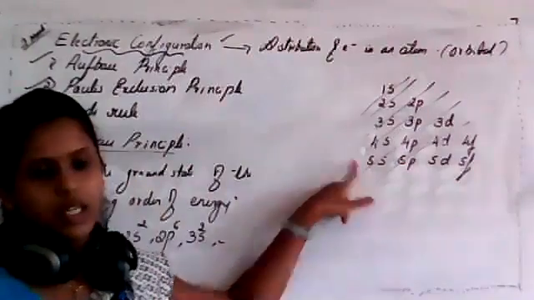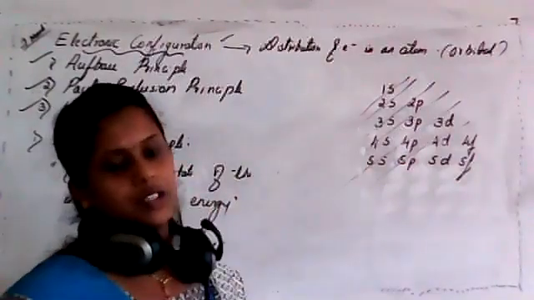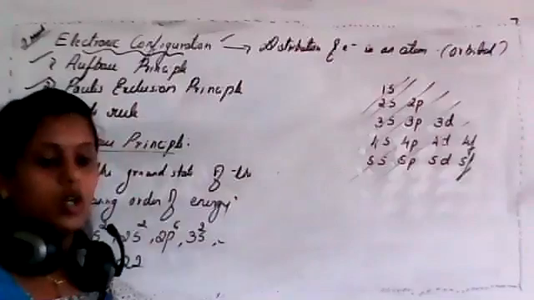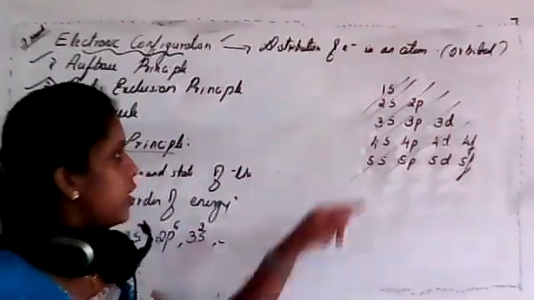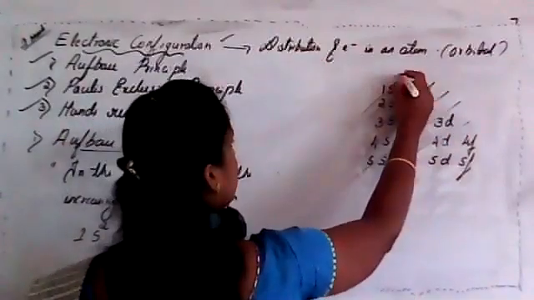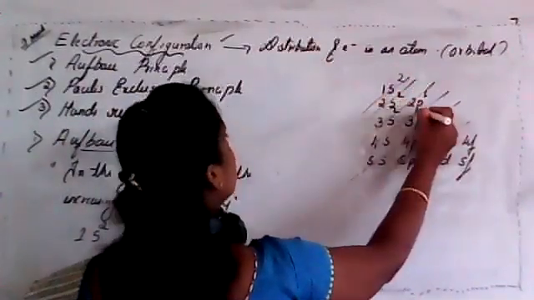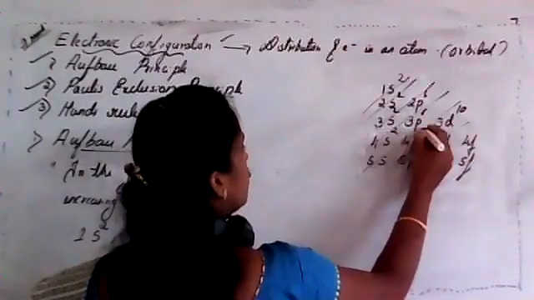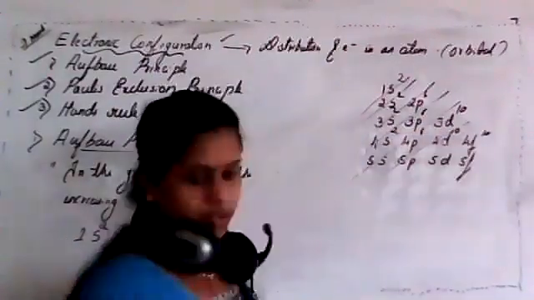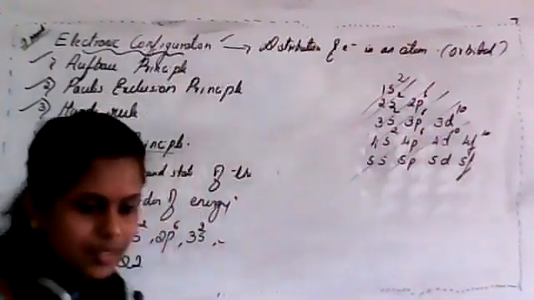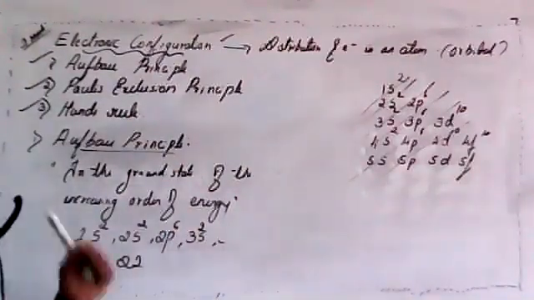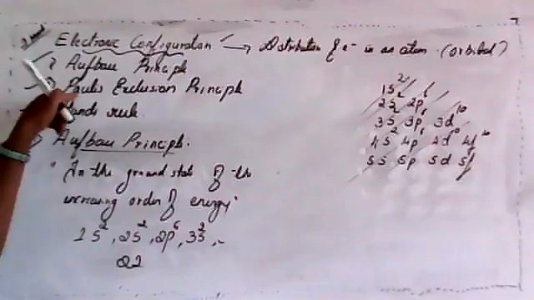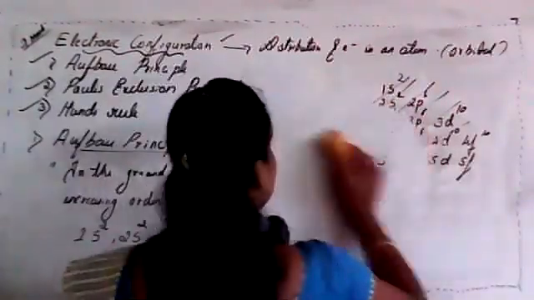Just remember this, okay? Till 35 electrons, that means atomic number, you have to write, or you have to know about the electronic configuration. 2 and 2, 2, 6, 2, 6, 10, again 2, 6, 10, and 14. Is this clear, student? So about that electronic configuration, again we'll study after these two rules, okay? After these two rules. Is this clear?